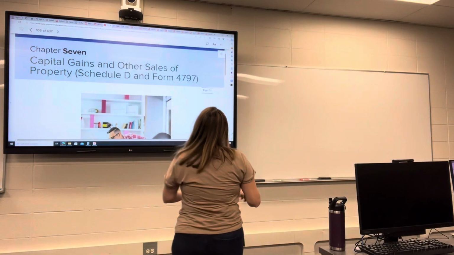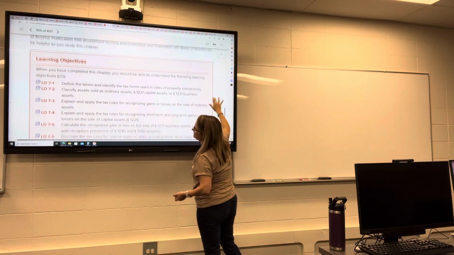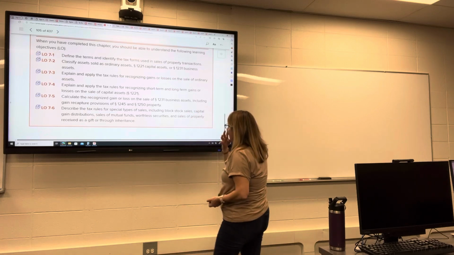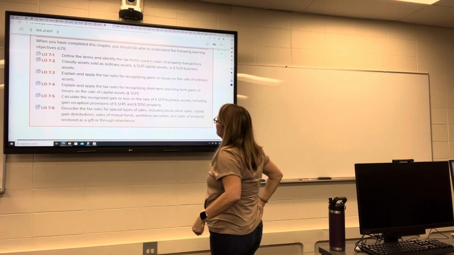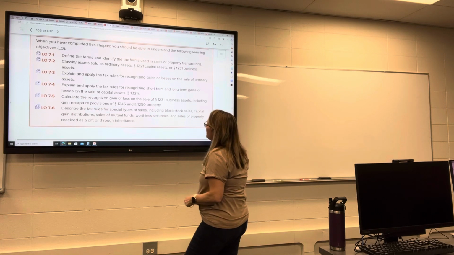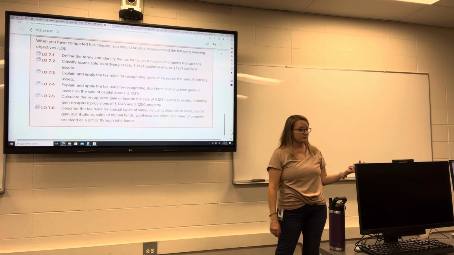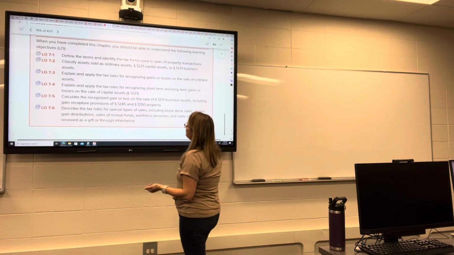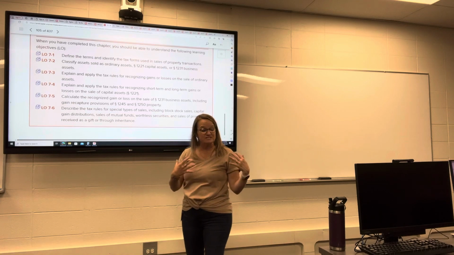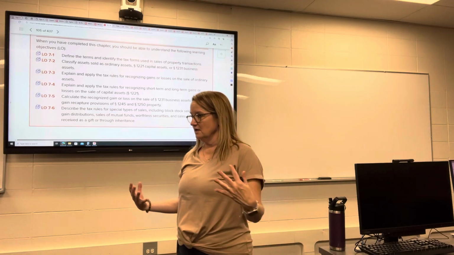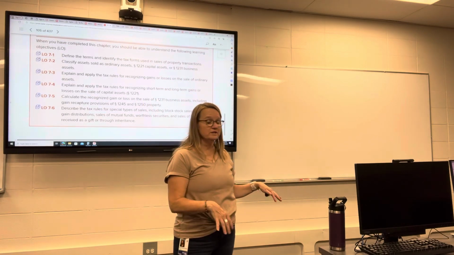So we've got 6 learning objectives in this chapter. The last one I'm just going to pull a couple things from that I want you to focus on. First thing we're going to do is define those terms and take a look at the tax forms we're going to be introduced to now. And we're going to talk specifically about those different types of assets and their characteristics,